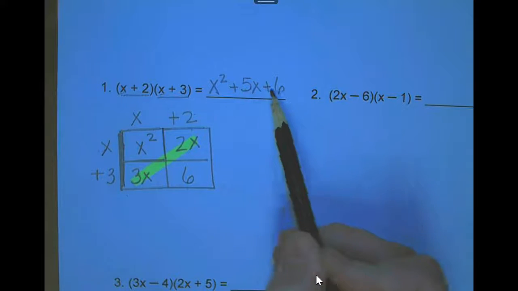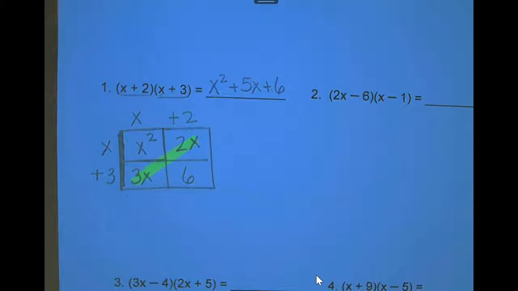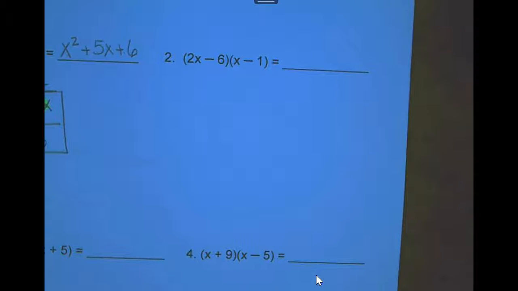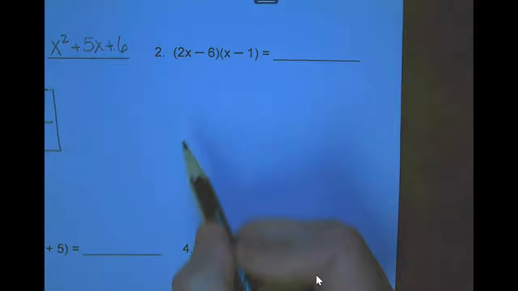This answer has 3 parts. What do you call a polynomial that has 3 parts? A trinomial. Okay, and so then this one right here, again,